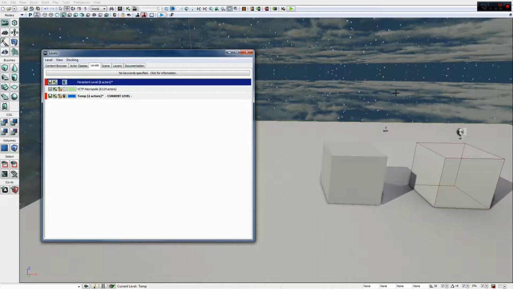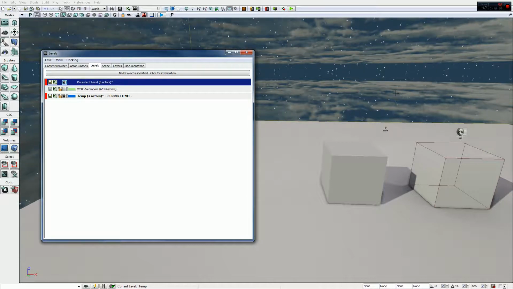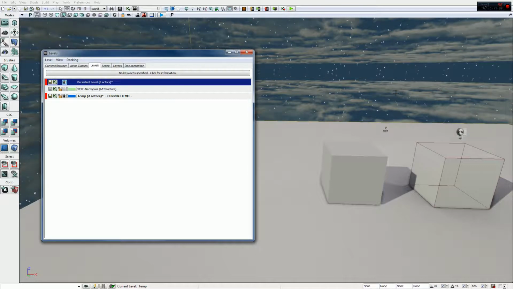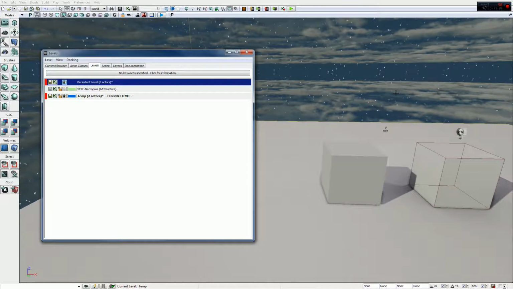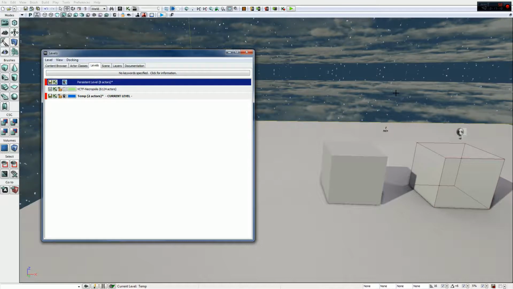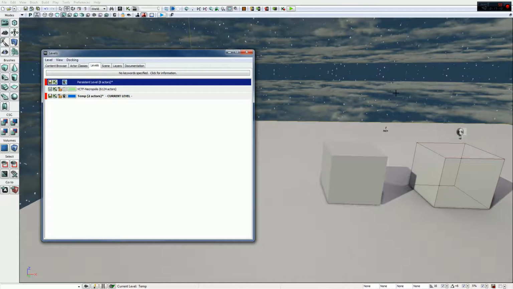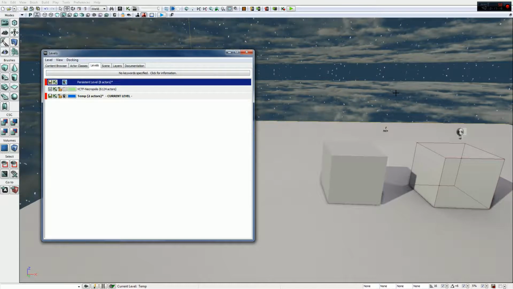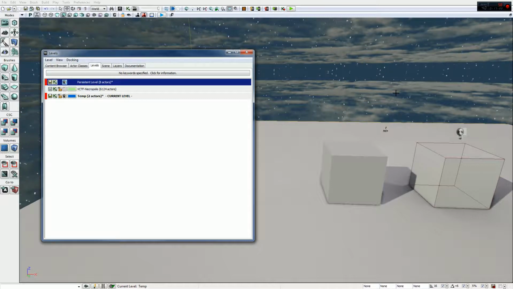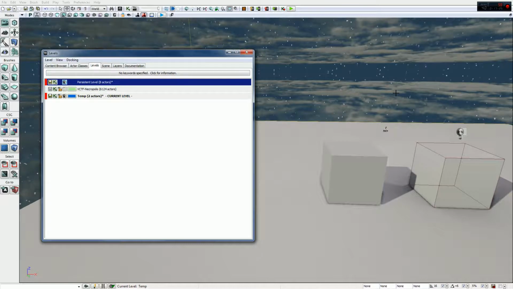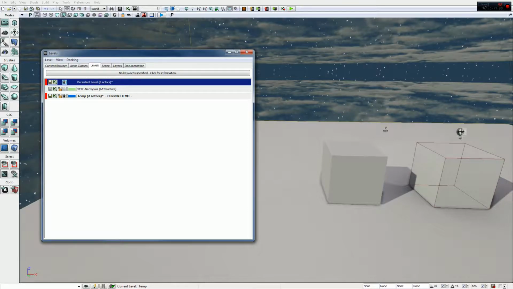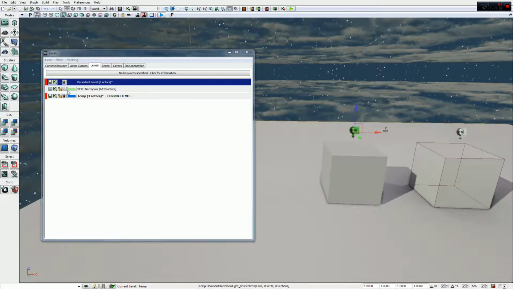That's why I said it can become difficult at times to tell what levels are which, because looking at this right now, you wouldn't really know unless you looked at the number of actors. There would be no way to tell which cube is from which level, unless we had level coloration on. But it's also really handy because you can just copy stuff straight from one level to another without having to go to the content browser and drag it in, or set certain light settings. Like if I wanted to copy the same light settings, all I have to do is just drag this light over here, and now